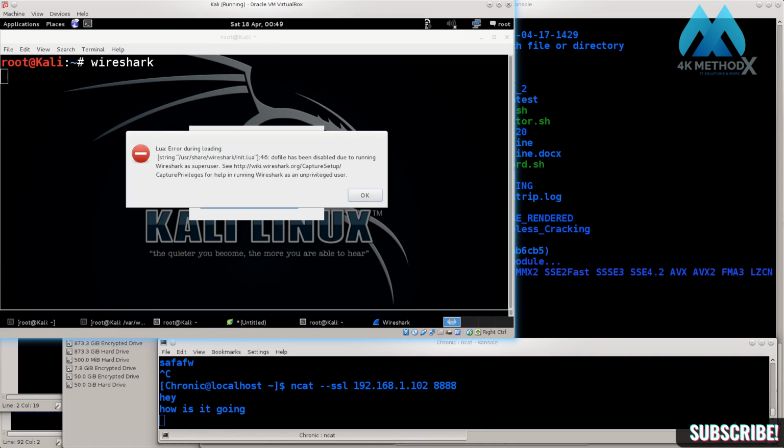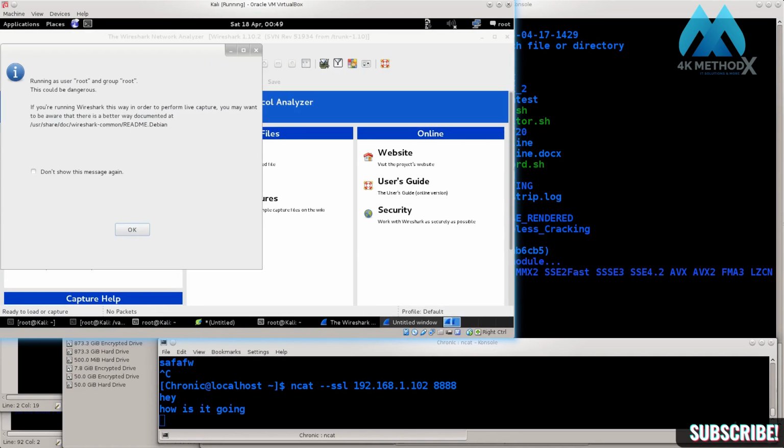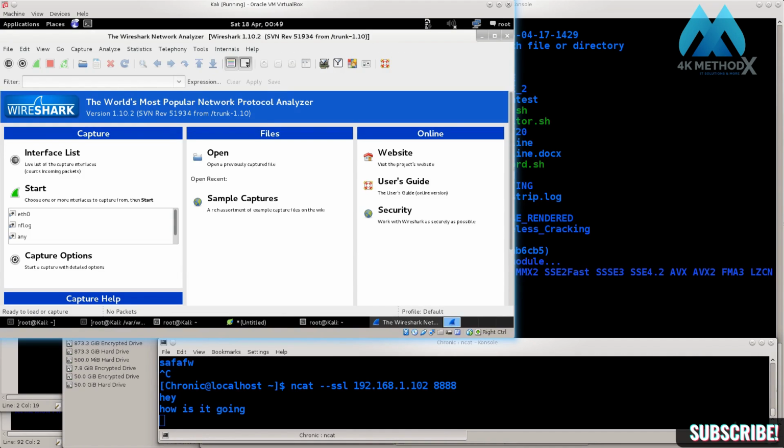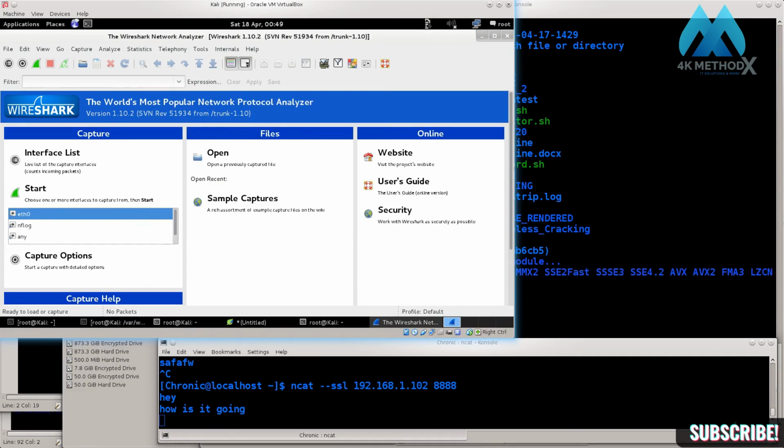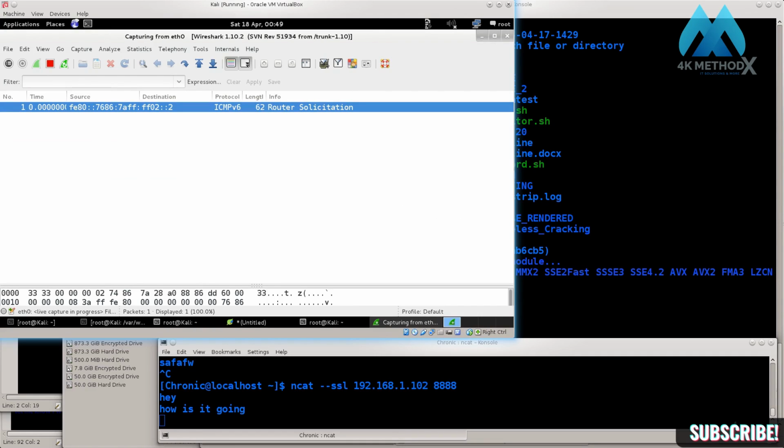Lua, error during loading. Okay, are you still going to work? Yes, you will. Amazing. Okay, so go ahead and pick the interface that you are using and start the capture. I see that there shouldn't be a lot of things now. Type in